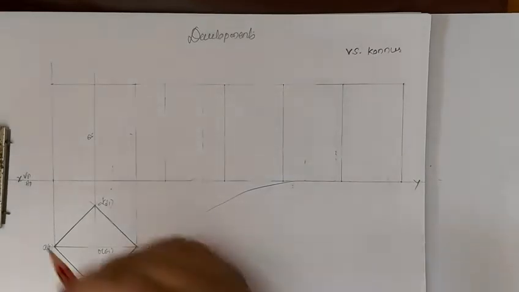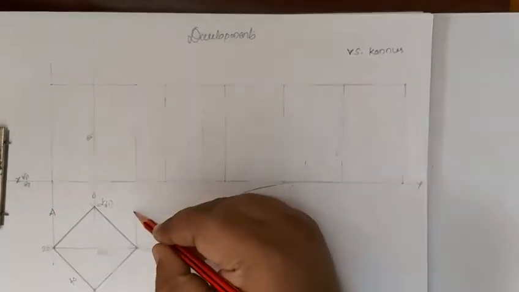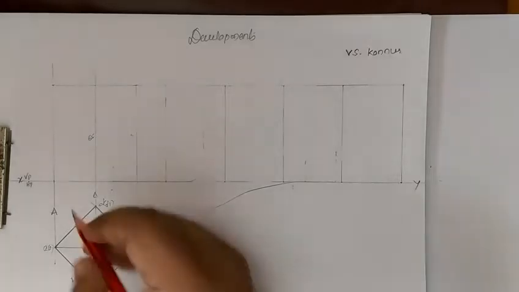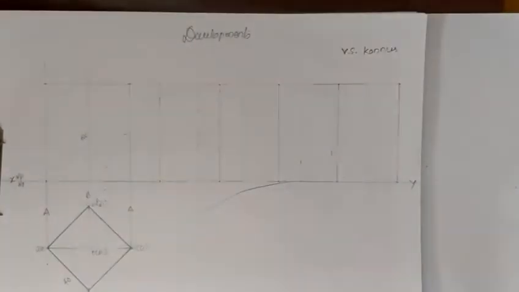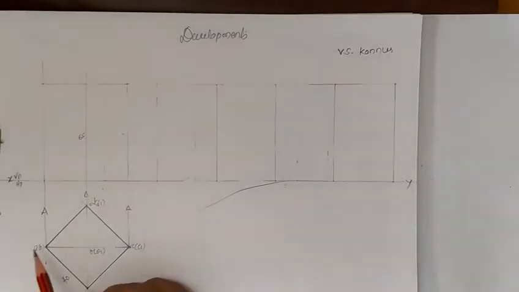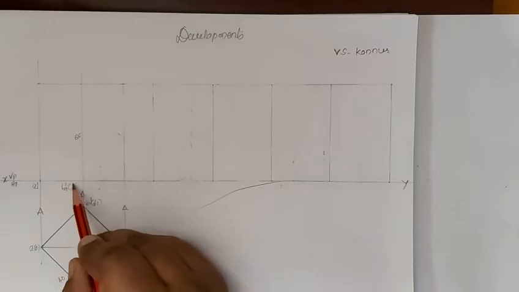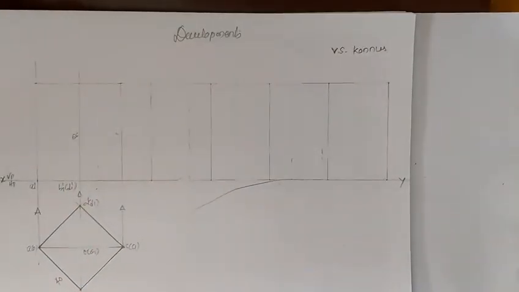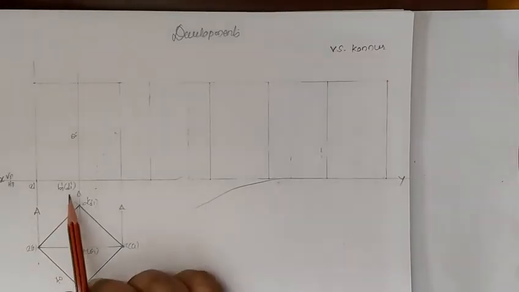Now we'll draw the arrow marks. One side is 40 mm. This bottom face is called A1, B1, C1, D1. Top face is called ABCD. Now A1 dash, B1 dash, D1 dash. B1 is visible, but D1 is not visible.